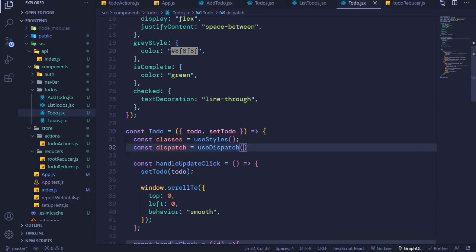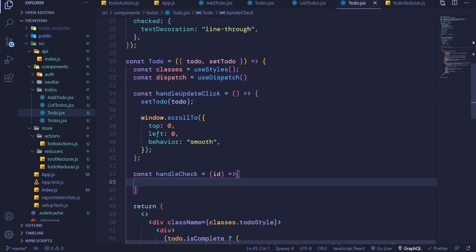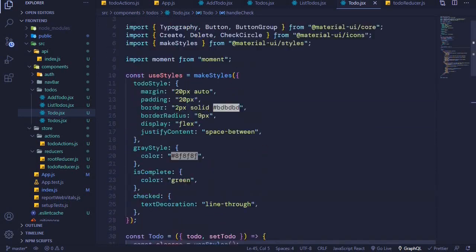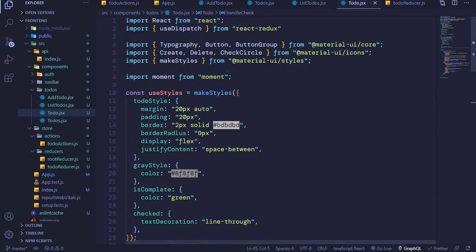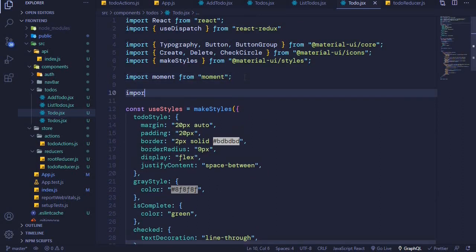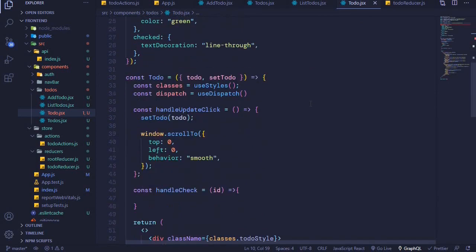We invoke that and we dispatch our action creator right here. Actually, we should also import our action creator. I'll just import it at the bottom here, which is checkTodo, and this will come from our store, store todo actions, just like that. Now we can dispatch it,